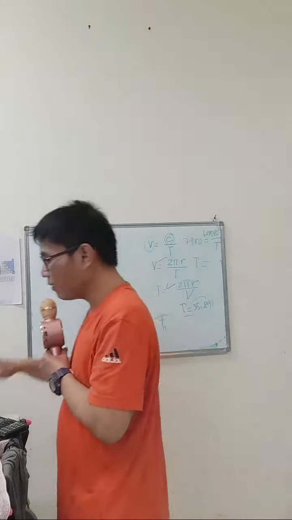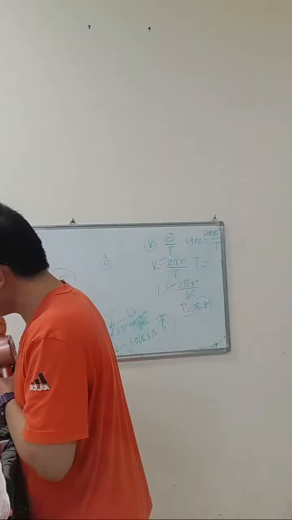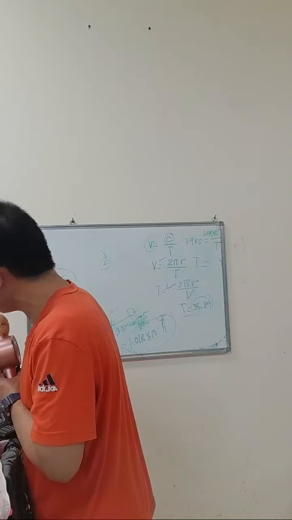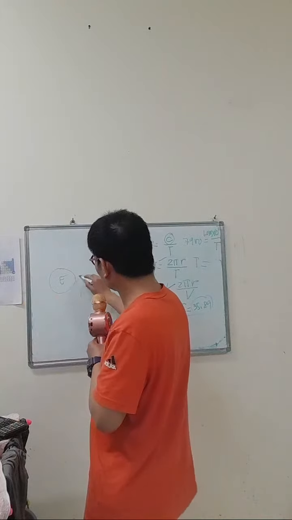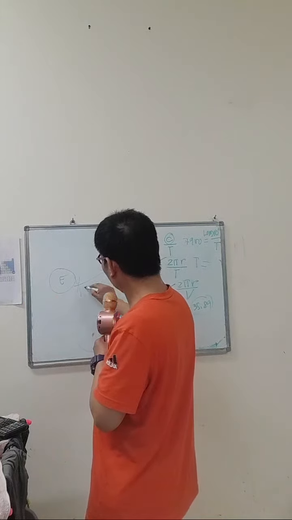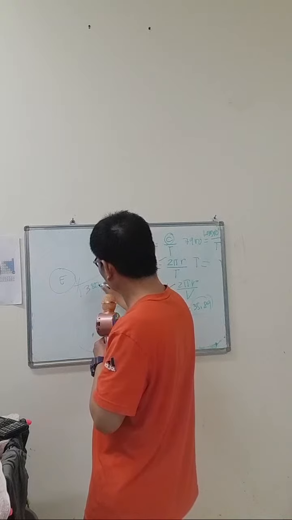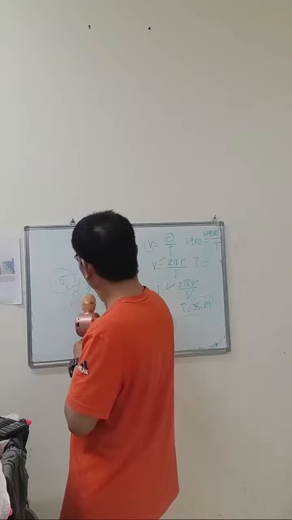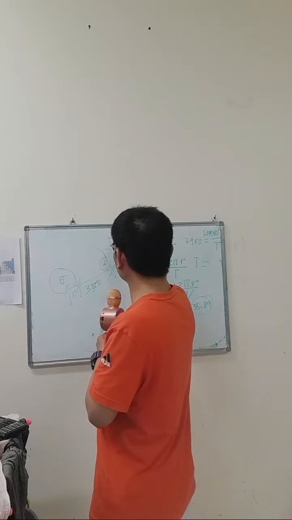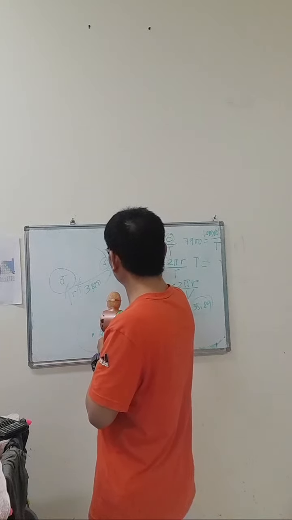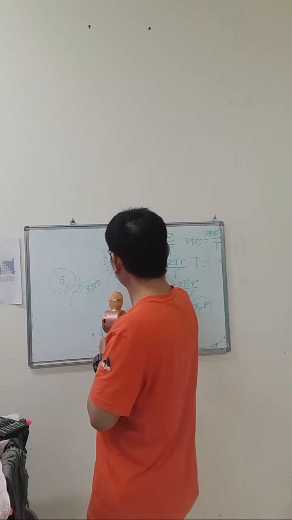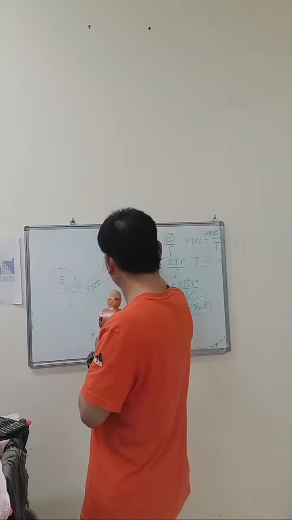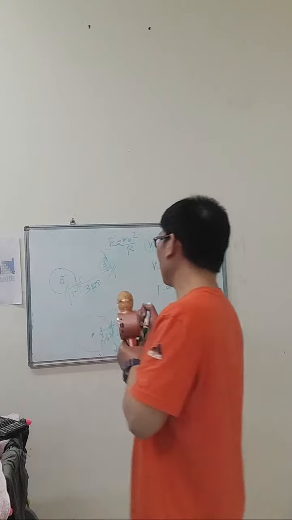So, if this is the Earth, and this is your satellite, and then we have 3,800 above the surface of the Earth. So it's going to be here, 3,800. And you have also your R here. So this centripetal force is equal to mv squared over r. Okay? And then the mass of the satellite is not important because you need to equate that